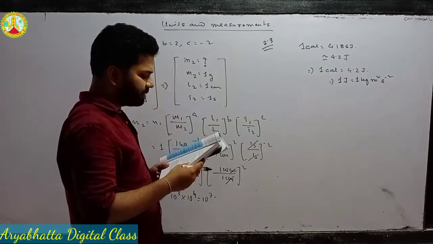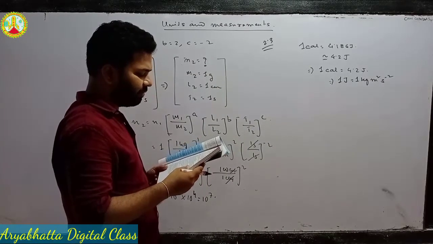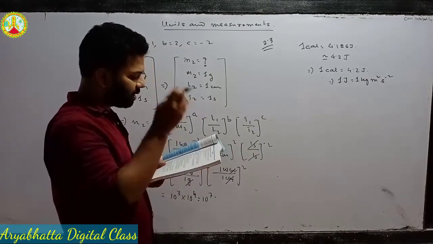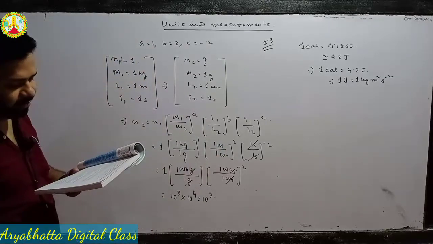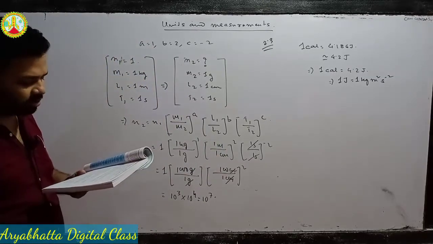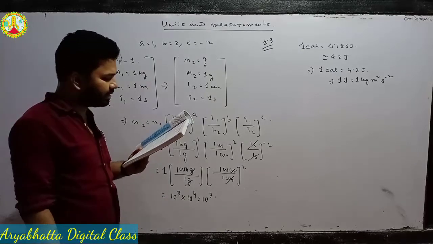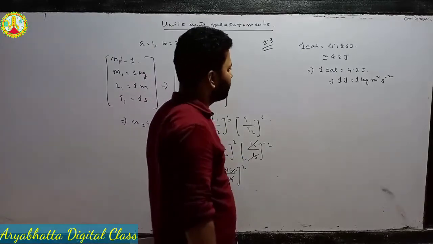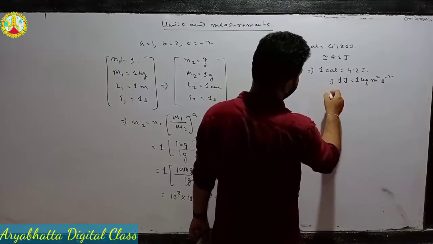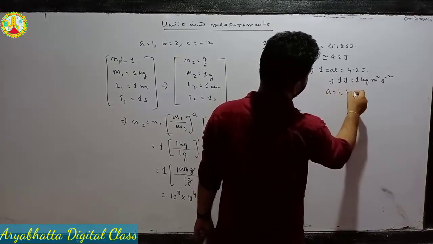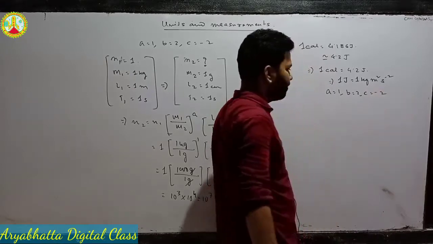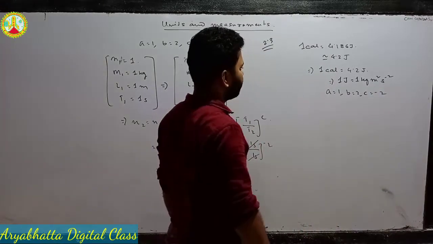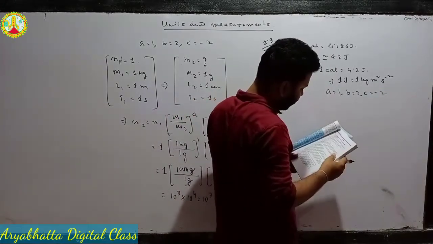Suppose we employ a system of units in which the unit of mass equals alpha kg, the unit of length is beta meter, and the new unit of time is gamma second. So we have to show what is on the right side. In the old system of units, a is 1, b is 2 and c is equal to -2. This is given. So we have to show that